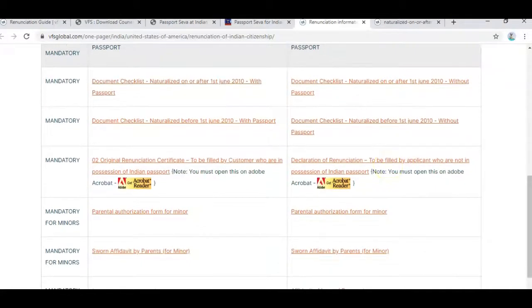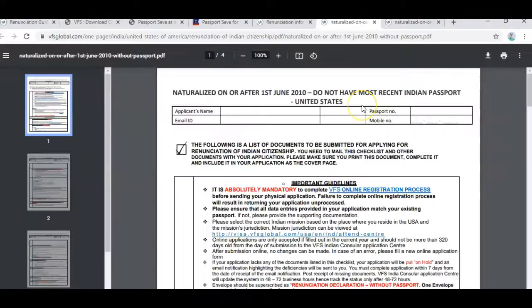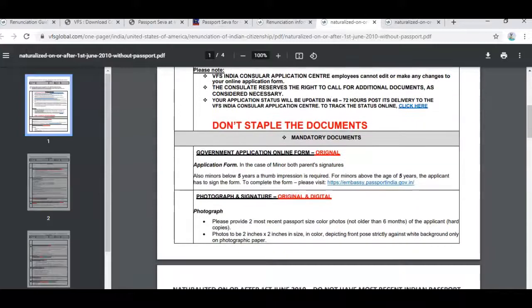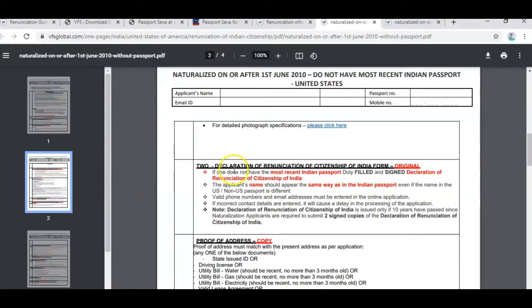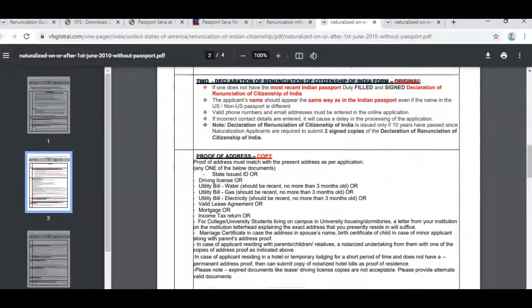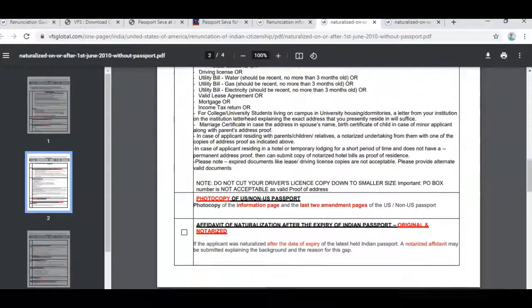Naturalized after 2010 without passport. Most of the documents are the same. Two declaration of renunciation forms are required.